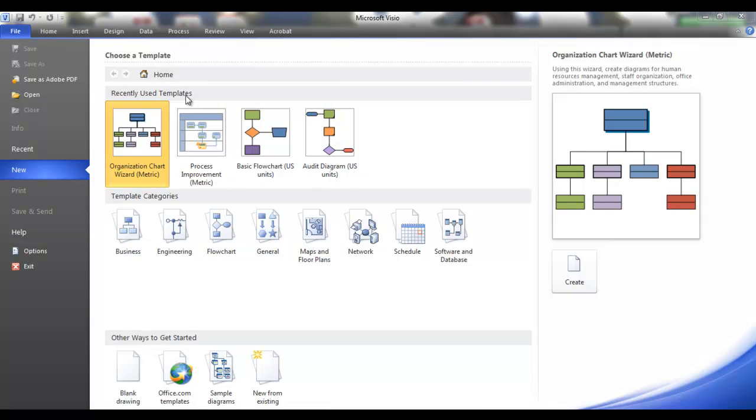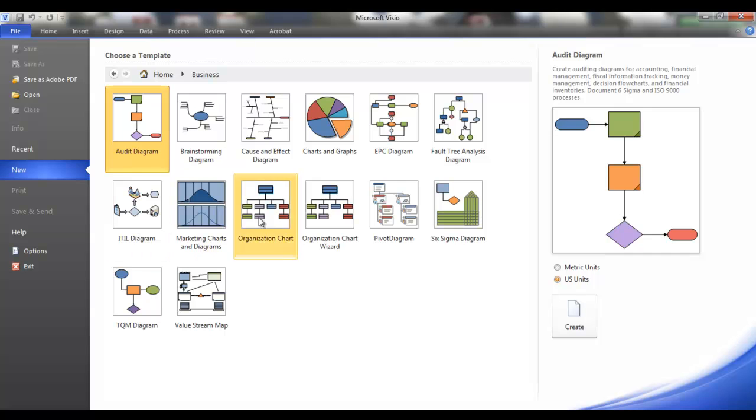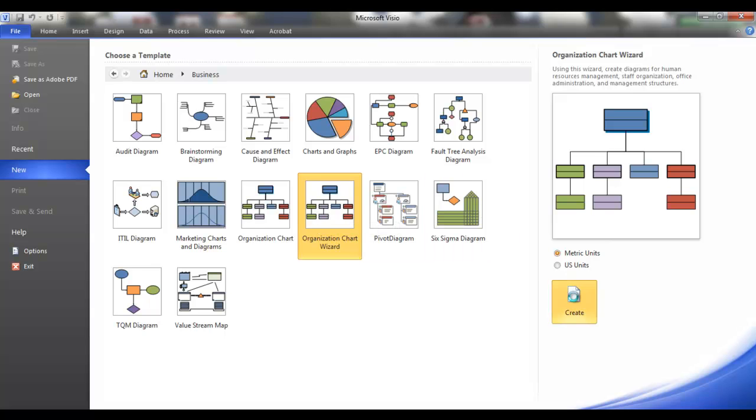I have here recently used templates, which is organization chart wizard. But I'll go to Business, for those who don't know it, and I'll go to Organization Chart Wizard. It's also in Visio 2003 and 2007, so don't worry about this option. It may look different, but Visio 2003 and later have the same options. So once I click on metric units and click OK,